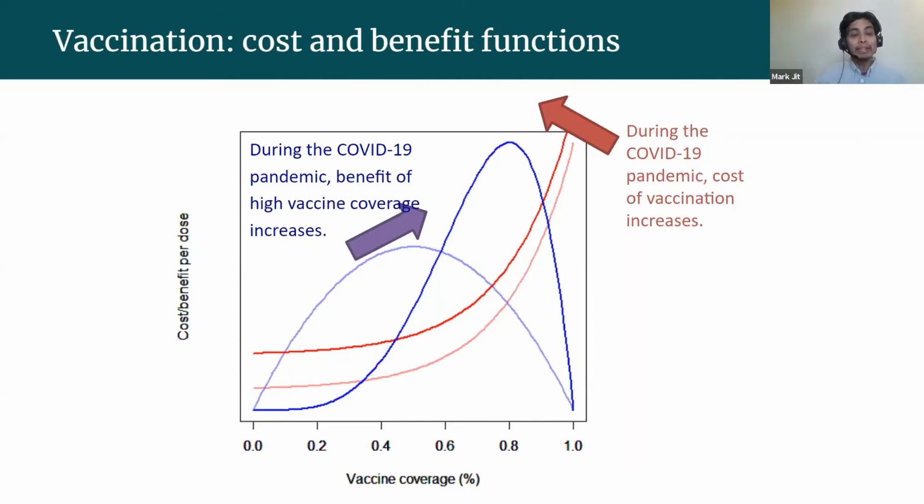However, the benefit also increases in the long run, maybe not immediately in the middle of 2020 when many countries were having physical distancing. There was not much transmission going on for many of these vaccine preventable diseases. But now as we enter 2021, 2022, these distancing measures are relaxed. And then we've got this whole buildup of susceptibles who haven't been vaccinated because vaccine coverage was low during COVID, haven't been infected as well. So we're building up these susceptibles for an outbreak.